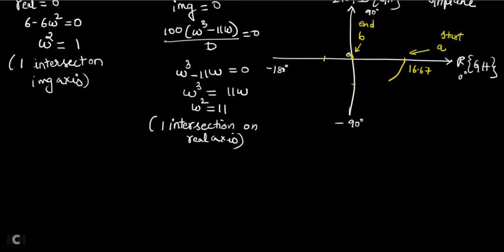Now join all these points. Starting from A, I'll take the intersection point and cut the intersection point. After that, join your ending point. Like this it will come. So the direction is from A to B.